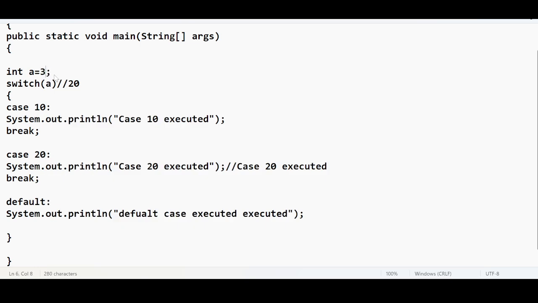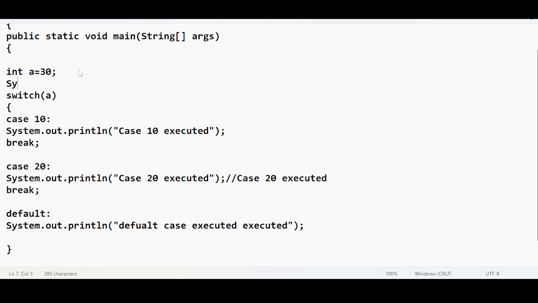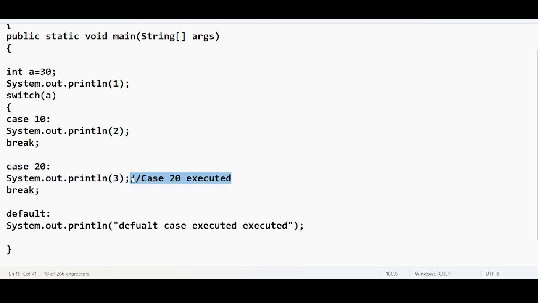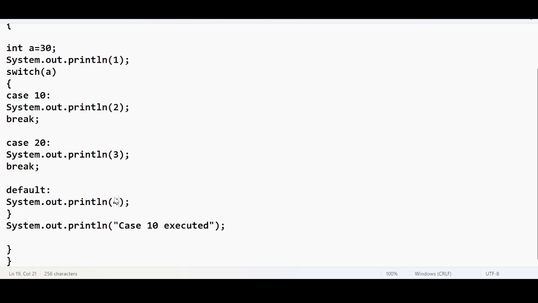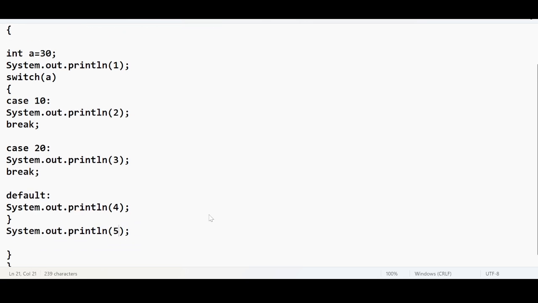Let me increase the complexity. I am now saying a equal to 30. I'm placing a print statement to understand the control flow. Instead of this, I'm taking a 2. Instead of this, let me take it as 3. Let me remove this. And outside the switch block, I want to add another statement, let me take it as 4. Now, if I execute,